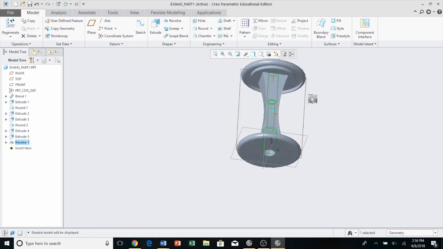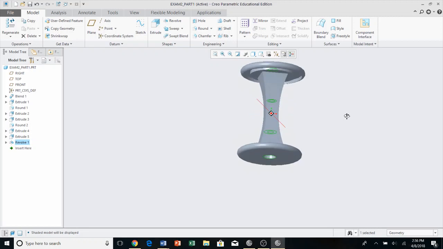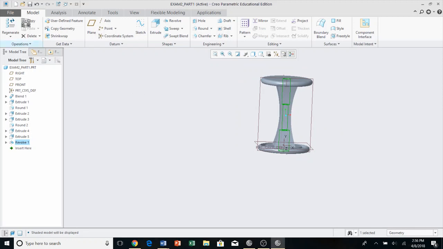We have the circular divots in here. All the edges are rounded, and if I forgot something when I go to do the drawing, I can always come back and fix it. So we're going to push save,